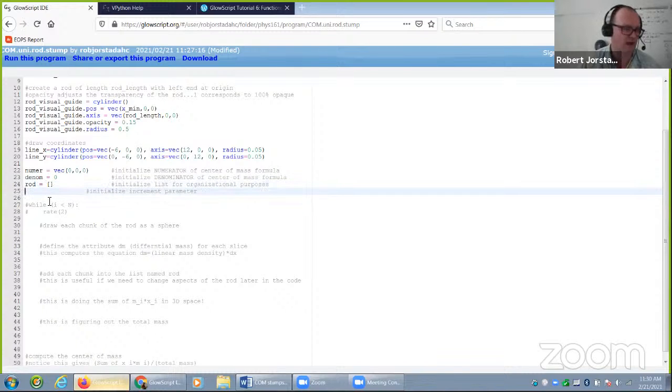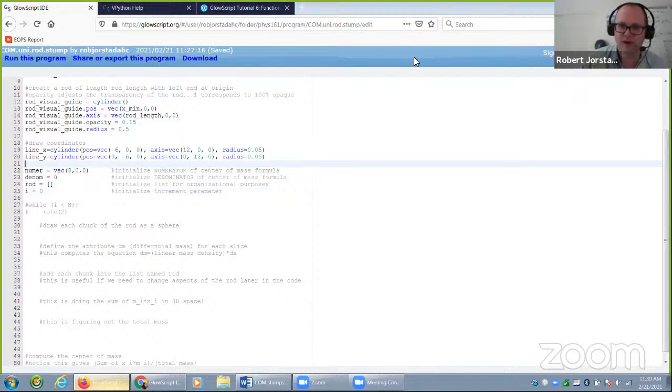And then over here, I want to create an increment that I could use in my loop. All right, and I think we've got everything there. And if you're wondering what I'm trying to do here, let me remind you of the center